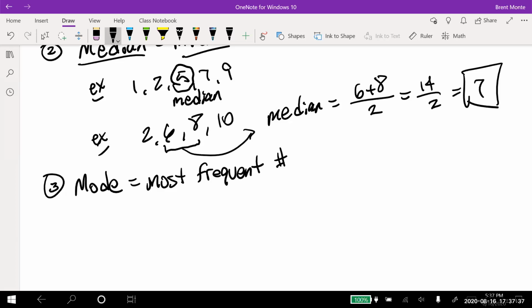So you could have several modes, or you could have no mode, or you could have one mode. So that's the mode. It's the most frequent number that we have. One thing interesting about the mode is that if I have qualitative data, remember qualitative, it's non-numeric, I can have a mode because something happens the most frequent, or there's more than one mode, but I can't find the mean